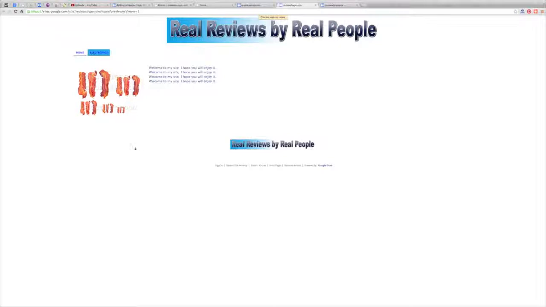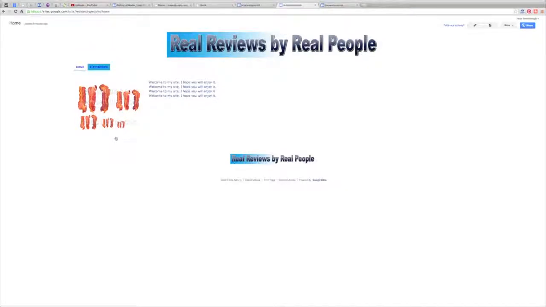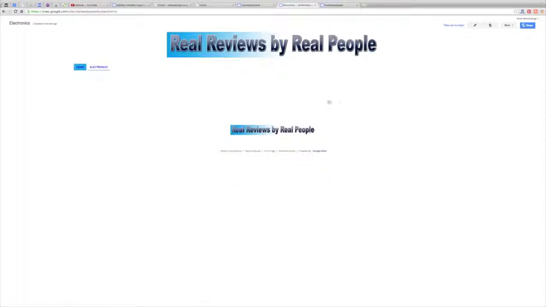It looks pretty decent in my opinion, except that I would prefer if the footer was bigger, but that's not really a big issue. The site's looking pretty decent. Once it has more content, it should look much better. Let's go to the electronics page. Oh, that's where we are, electronics. Oh, since it's in review mode, I can't see. There we are. So that's about it. Adding your header and adding a footer to your